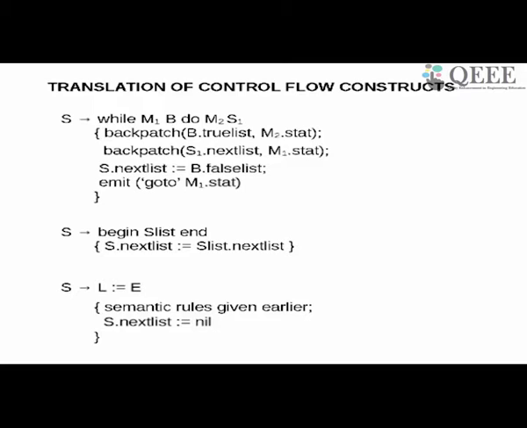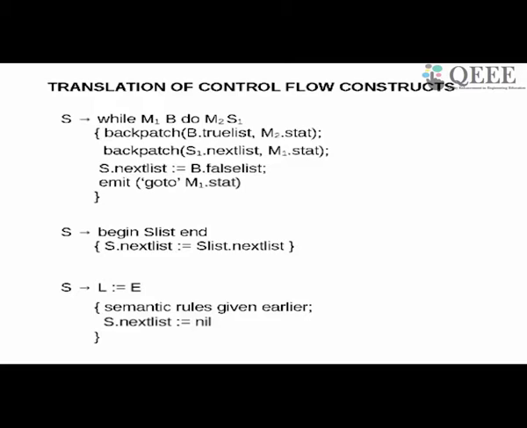What we have introduced are M1 and M2. And observe there is no capital N over here. So this semantic rule, if I summarize, without looking at the rule, says I need a placeholder before B. I need to know where B starts. So I need M1 before B. And I need to know before S. I do need to know where S is. And why is that? You can see here.